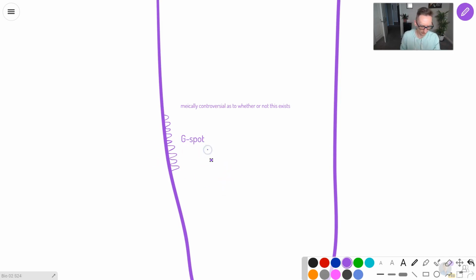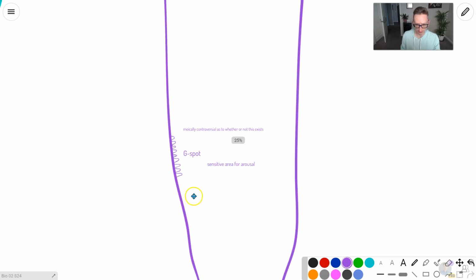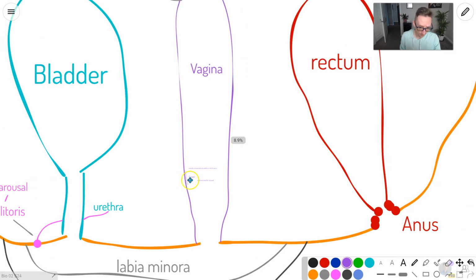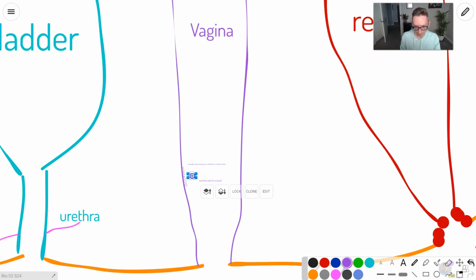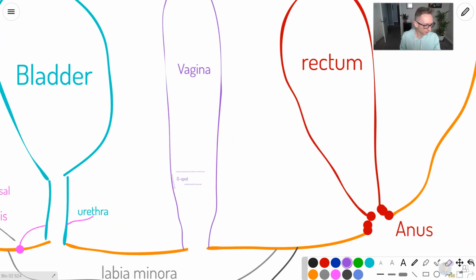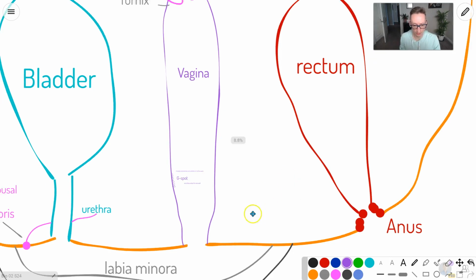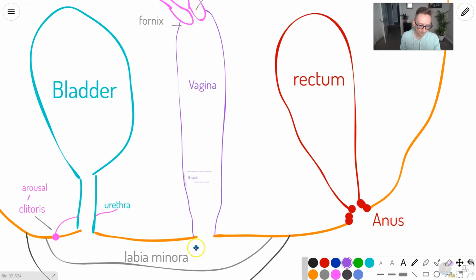Also for arousal. Okay. A couple inches up. Anterior side. Front side. The G-spot. Okay, and all of that arousal is important for lubricating the vagina. There's also a couple of glands here that help secrete lubricants. So during arousal,